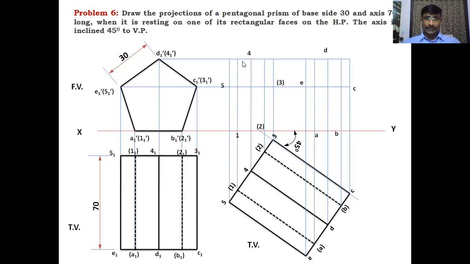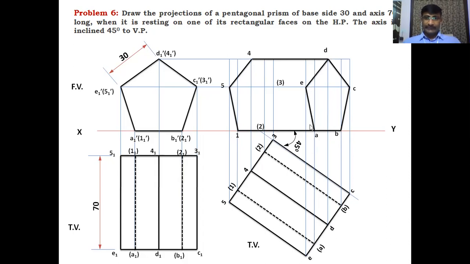After getting the points, join the outer points first. First outer points: 4 D, D, C, C, B, B, A, A, 1, 1, 5, 5, 4. Like this, join the outer points first. This is the procedure. After joining all the points on the outer side, the next step is to draw the visible base sides. The visible base side is the lettering base side here. You have to join E with A and E with D.